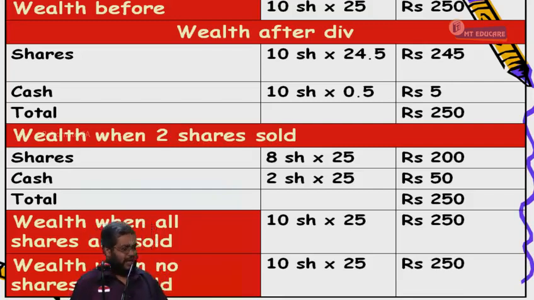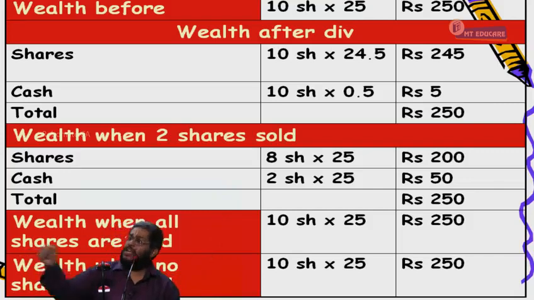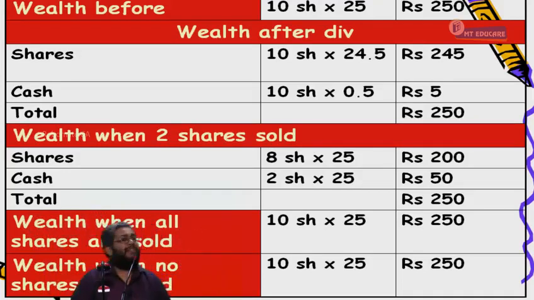Everybody, are you following or not? That means, whether I declare dividend or whether I buy back, my wealth is protected. Yes or no? Wealth is same or different? Same. If I do nothing, when the company does not do anything, wealth will reduce because 50,000 cash will not be 50,000, it will become 45,000 or 44,000 due to negative NPV of the cash. Are you following what I am saying? So, if the company distributes, the wealth is protected. The distribution can happen either through buyback or through dividend. Technically, from the finance angle, there is no difference between a buyback or dividend. That is point number 1 I wanted to communicate. Everybody following or not?